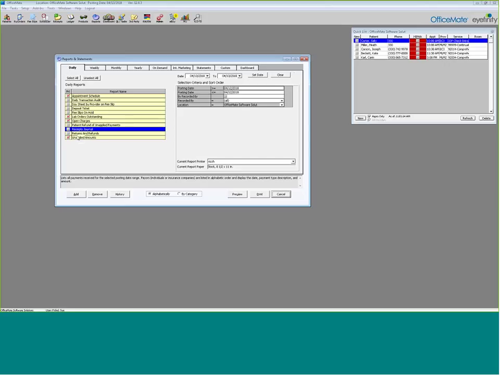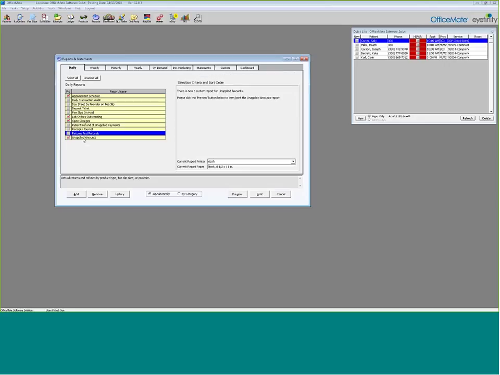And we already discussed the returns and refunds report when we talked about the deposit ticket, and that's where all your returns and your refunds are actually going to be displayed by patient as well. Now your unapplied amounts